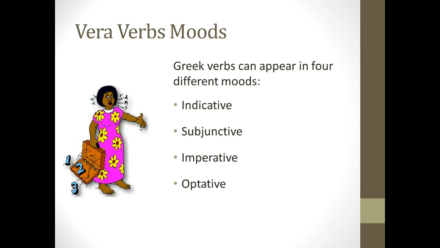Way back at the beginning of the first chapter, in the beginning of the term, when you began learning Greek, I introduced you to the fact that there were four different moods in which a verb could appear: the indicative mood, the subjunctive mood, the imperative mood, and the optative mood. So far, up until today, we have been dealing only with the indicative mood. But beginning this week with Chapter 13, we will now begin to shift to the subjunctive mood.